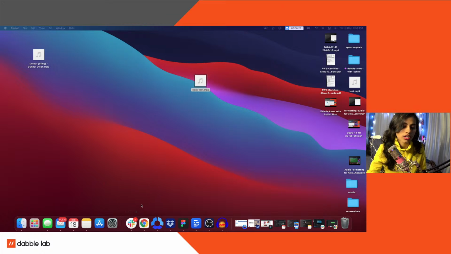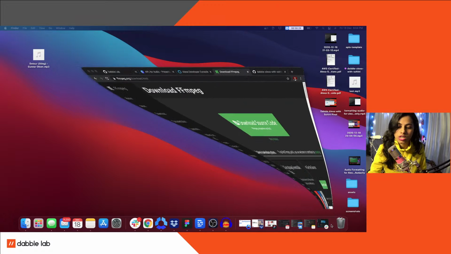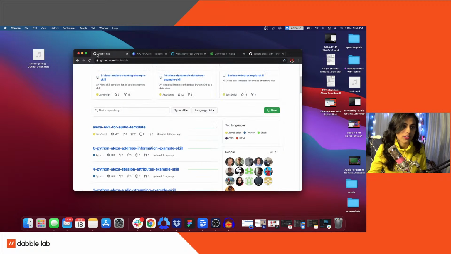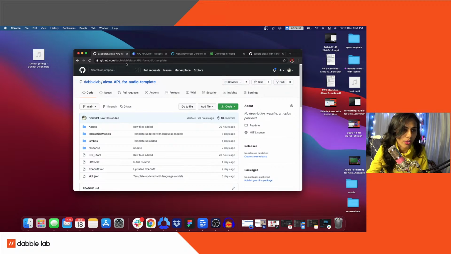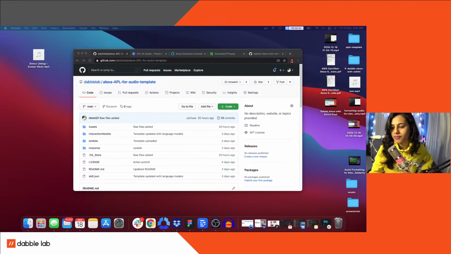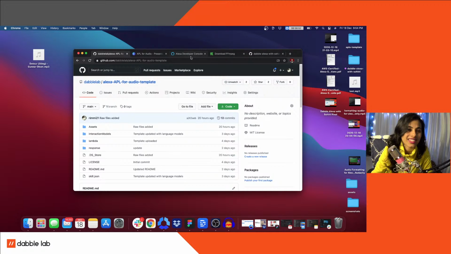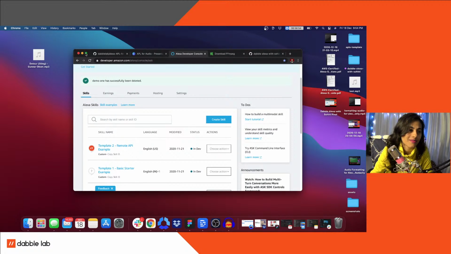So now once you go to your Google Chrome, this is the developer console. Now if you're building along with me, you have to go to my GitHub repo. I'm gonna select this, Command C. I'm very happy today, but I shouldn't say this. Just in case my skill fails to work today, I'm not gonna be happy today. Okay, so I'm gonna just copy this and then go to my developer console, make it bigger.